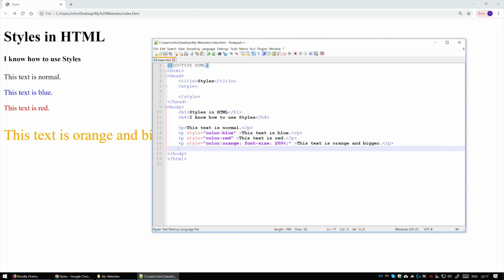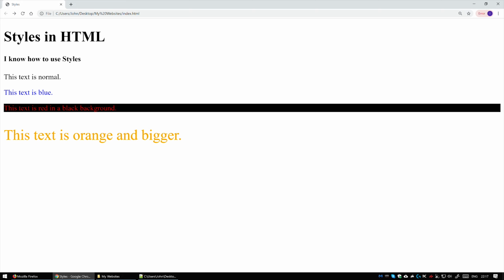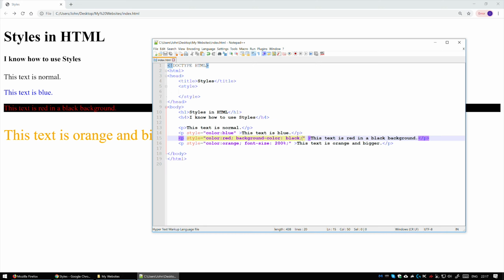Alright, let's say that we want this text to be red in a black background. You probably guessed what we have to use. It is background color and black. Save, refresh. Now this text is red in a black background. Great. We already knew the color property. We already knew the background color property. We have just learned the font size property. So let's go ahead and learn